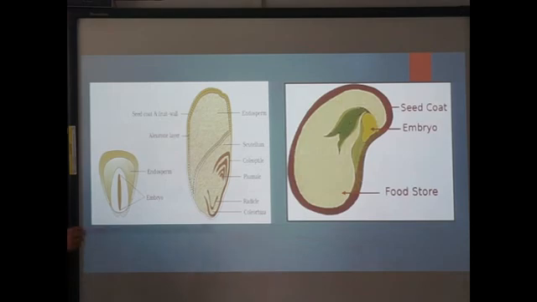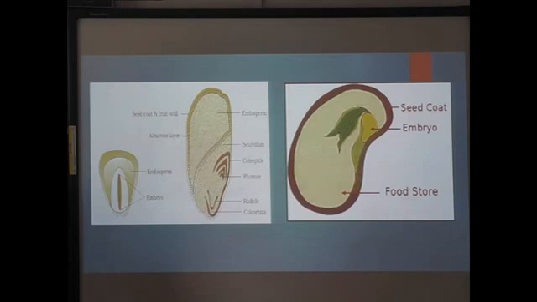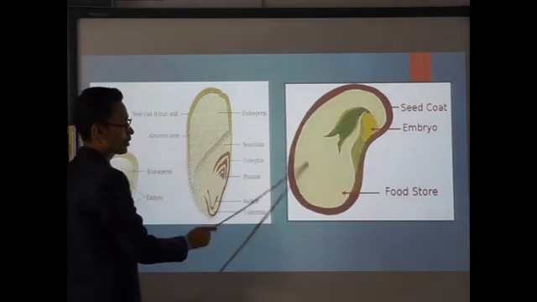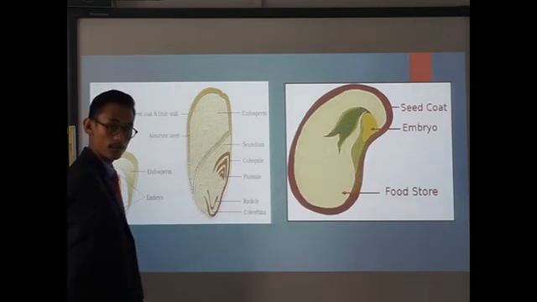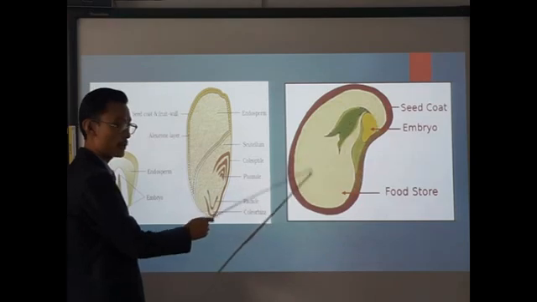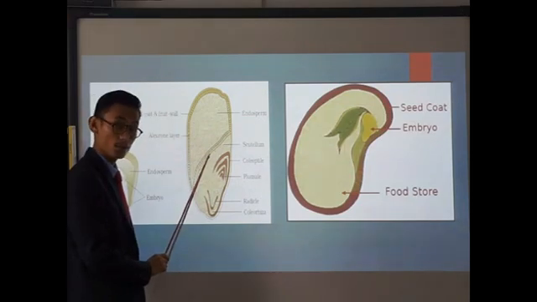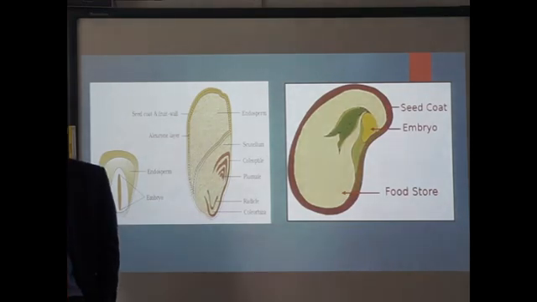Over here, you can see two diagrams. The structure of a maize grain, where you can see the remaining part of the endosperm. It is an endospermic seed where we find remnants of endosperm. Whereas over here we find the cotyledon, which stores the food material. This is the non-endospermic seed, where the cotyledons store the food material and become thick and fleshy. So here are the structure of endospermic seeds and the example of non-endospermic seeds. Kindly go through it. The next one,